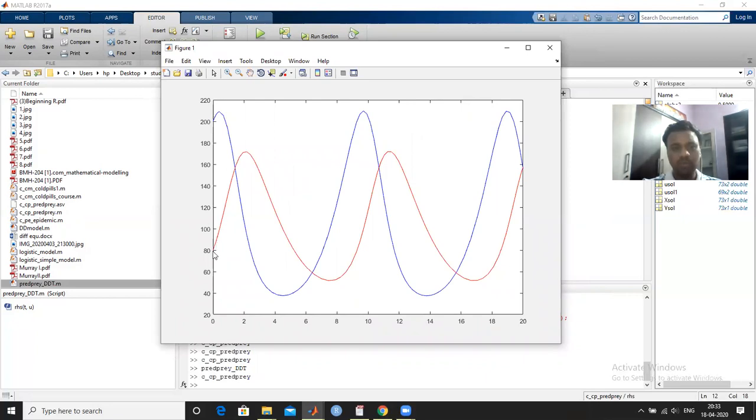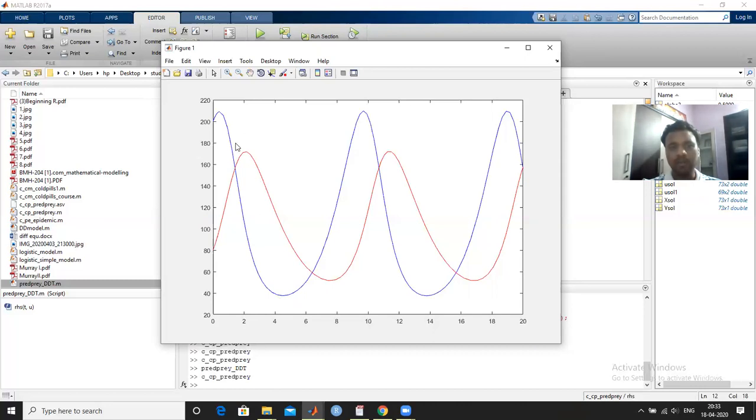Initially the predator population is increasing while the prey population starts decreasing. The predator population keeps increasing as they are getting food in the form of prey, and when the prey population reaches its minimum level, around 40, while the maximum population is around 170, there is no longer any availability of prey as food for the predator.